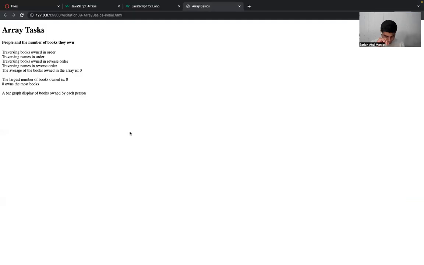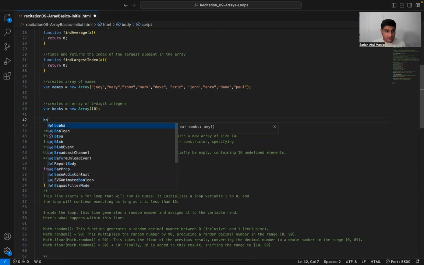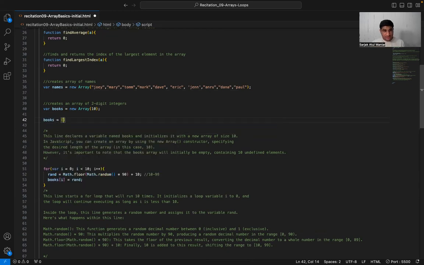Now, our goal for this task is to print out the elements which are present in the arrays with the help of for loops, and to perform some other operations, such as reversing the elements of the arrays, and to take out the average. For example, in the books array which we have created, which is of size 10, I want some kind of 2-digit elements present inside it. Like for example, the books array can have elements like, let's say, 23, 12,